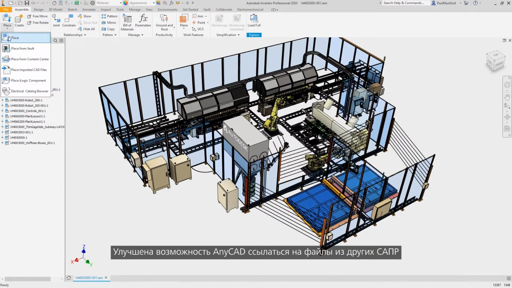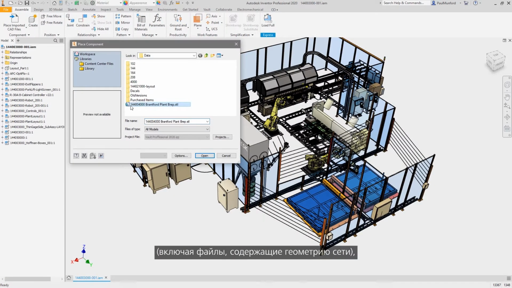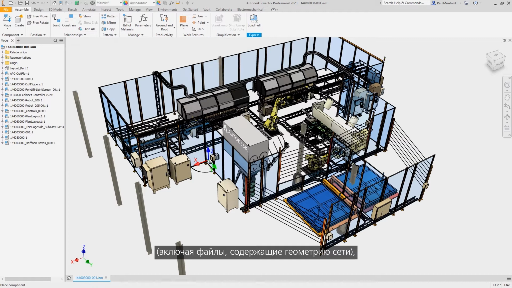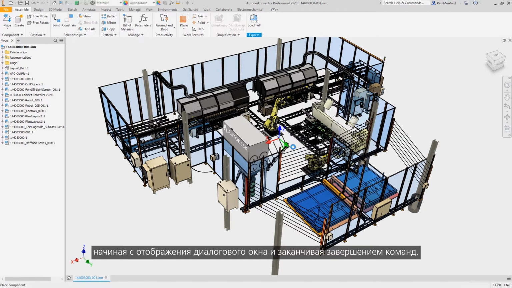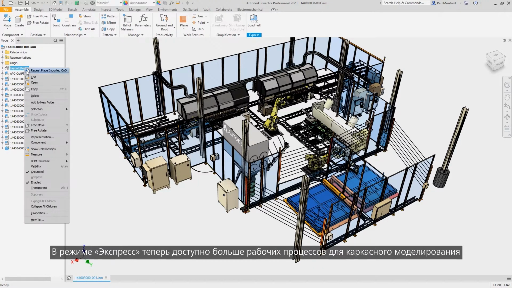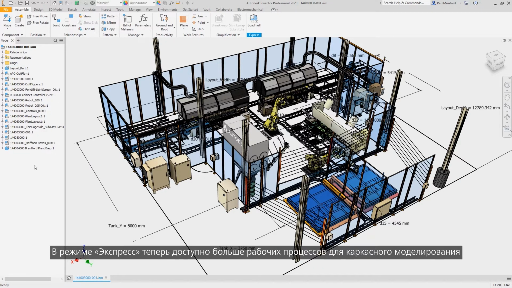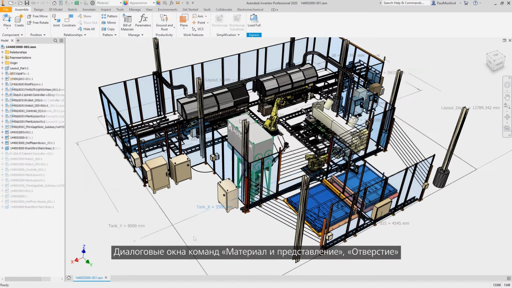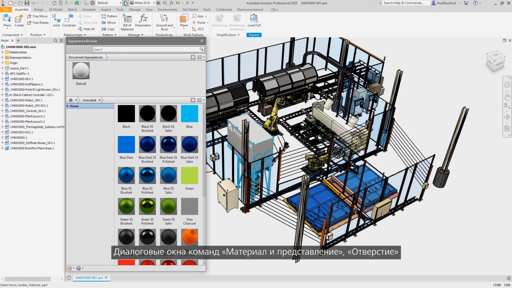AnyCAD's ability to reference files from other CAD systems, including files containing mesh geometry, has seen a performance improvement, from the display of the dialog box to finishing the command. In Express mode, you can now leverage more workflows for skeletal modeling with the ability to use and edit unconsumed sketches and work features. You'll notice command dialogues like material and appearances, hole, and joint in the assembly environment are